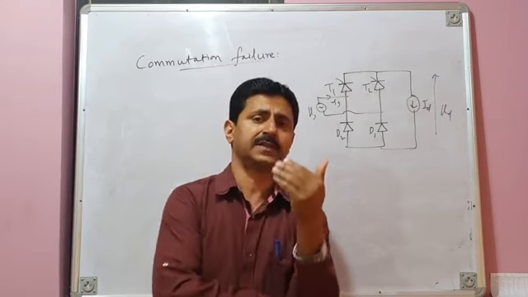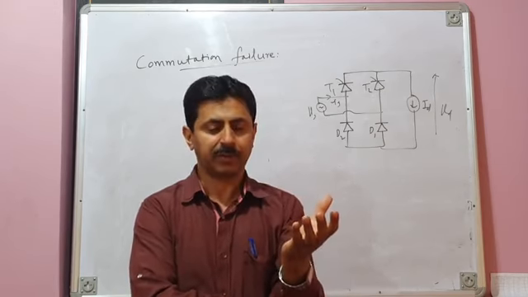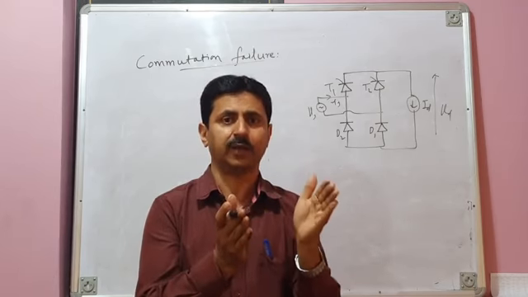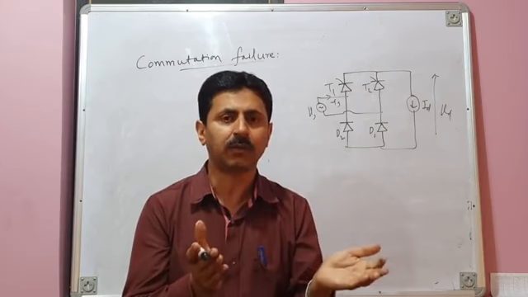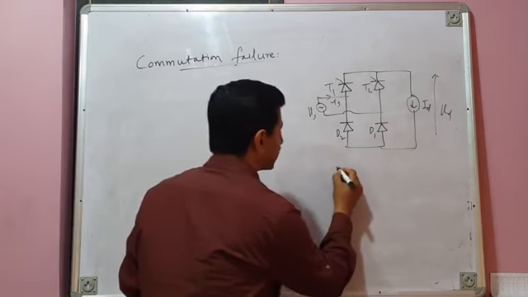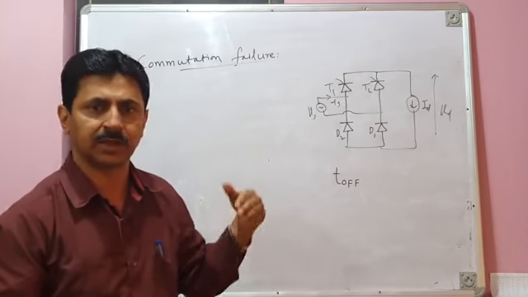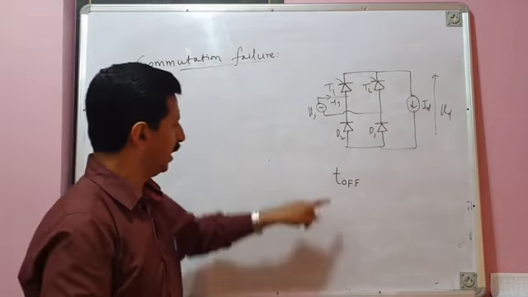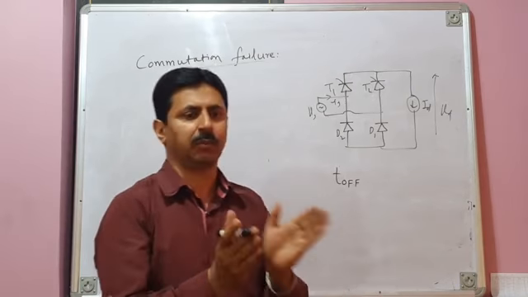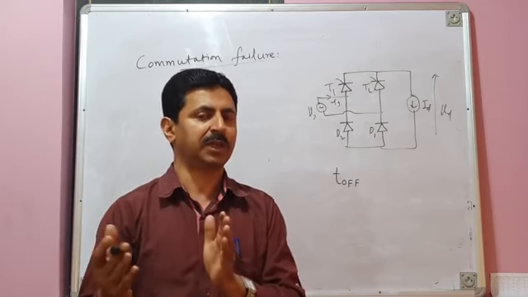We know that when a thyristor is reverse biased, only then does it regain its voltage blocking capability. The question is, for how much time should this reverse bias be applied across an outgoing valve to ensure that it is completely turned off and has regained its forward voltage blocking capability? For that purpose, you already know the turn off time of a thyristor. We have already discussed turn on and turn off transients of a thyristor. The turn off time has three components: turn off delay time, then reverse recovery time, and then charge recombination time.